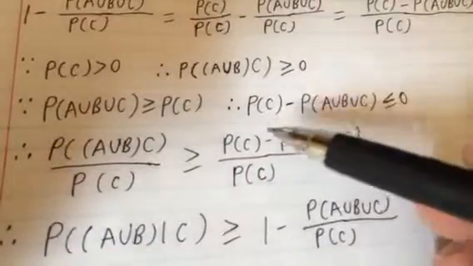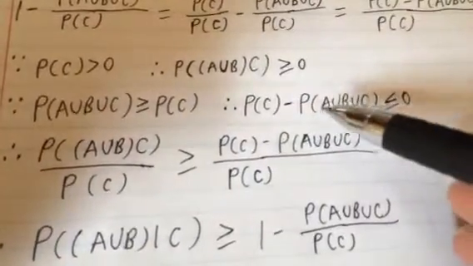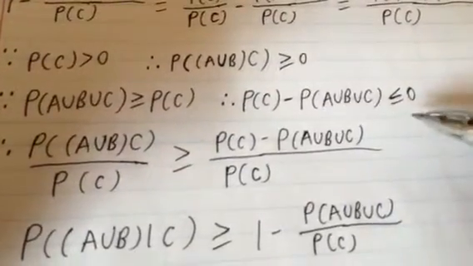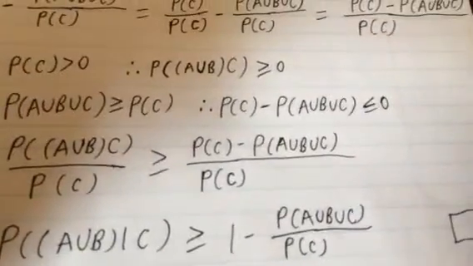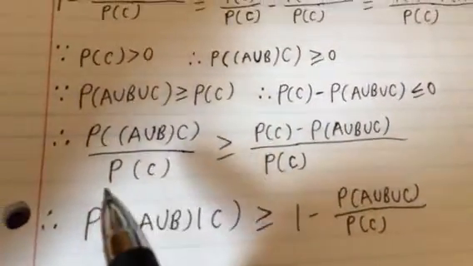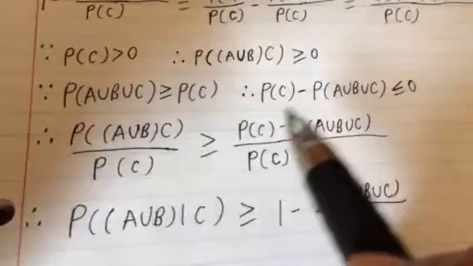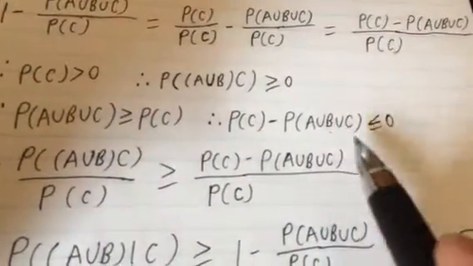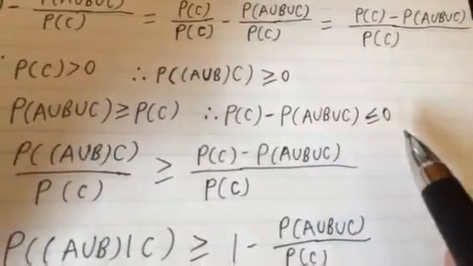So we get that the probability of C minus the probability of the union of A and B and C will be less than or equal to 0. Since this one is bigger than or equal to 0, this one is smaller than or equal to 0,